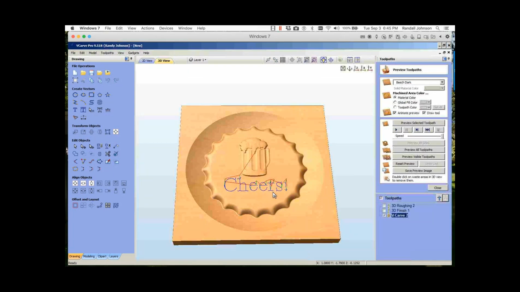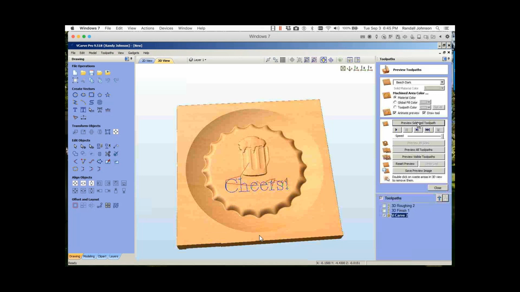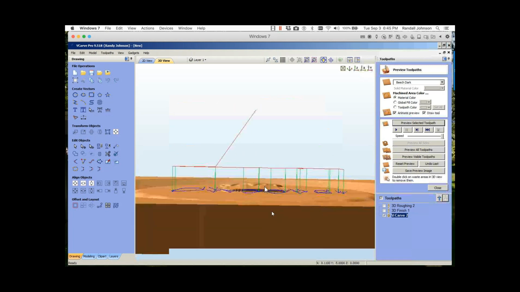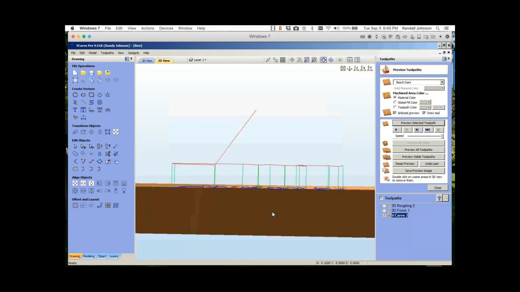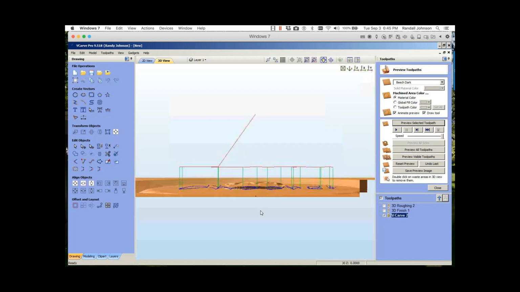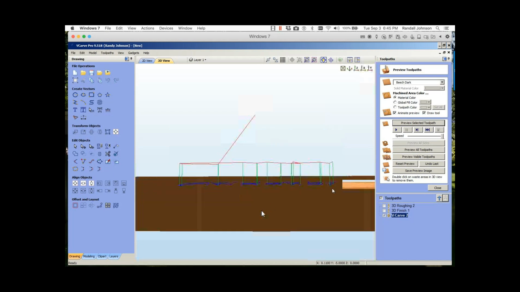And nothing happened. And here's why nothing happened. Because if we look at the edge, we zoom in here, right there, that V-bit toolpath is set to cut on the surface of the material, basically. And we want it to cut on the surface of this cap, which is about an 1/8 inch below the